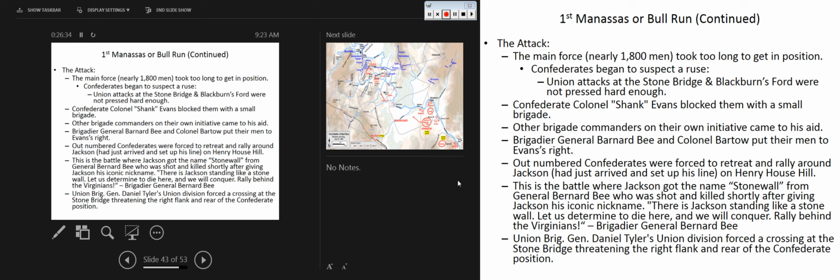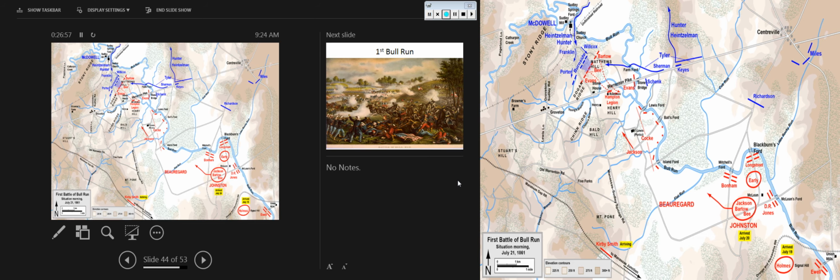You know, it's not cowardice. They had just been fighting all morning, and that is going to open up the door for Jackson and the Virginians to attack and take the artillery at Matthews Hill. So, Union or Confederate position at Henry House Hill, Union position on Matthews Hill, Bull Run Creek,